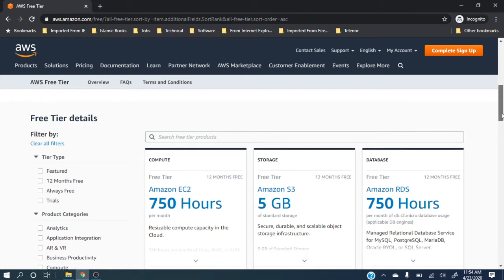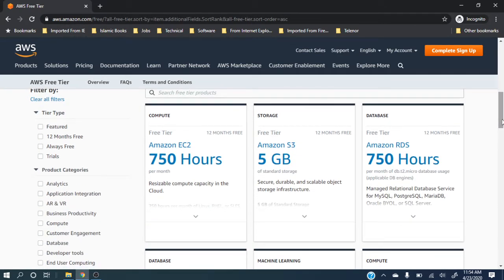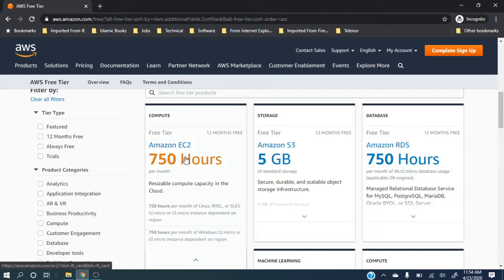There's a small detail that if you open a free account, you will get 750 hours of Amazon virtual machine, Amazon EC2. EC2 is the Amazon virtual machine. They give you a very basic minimum level of machine. You can use it for the whole year without any problem.